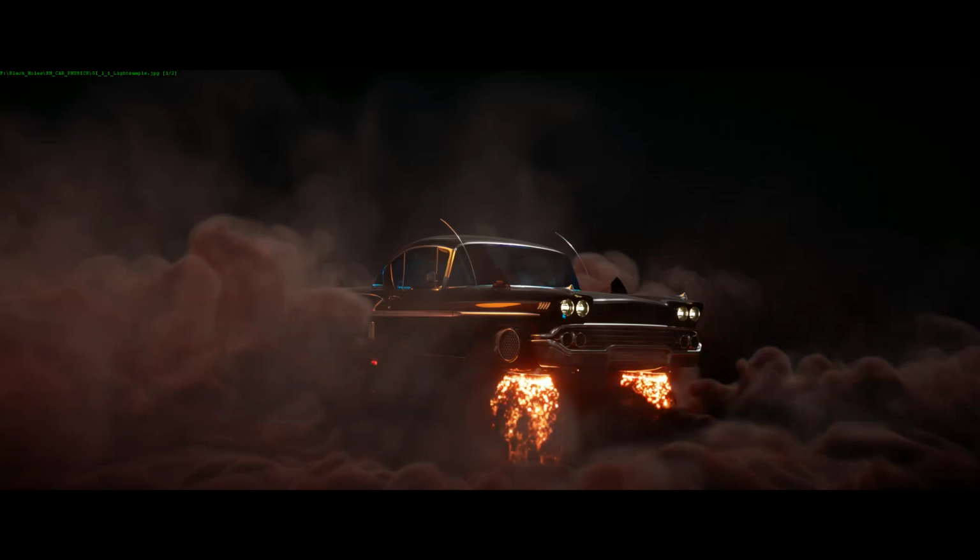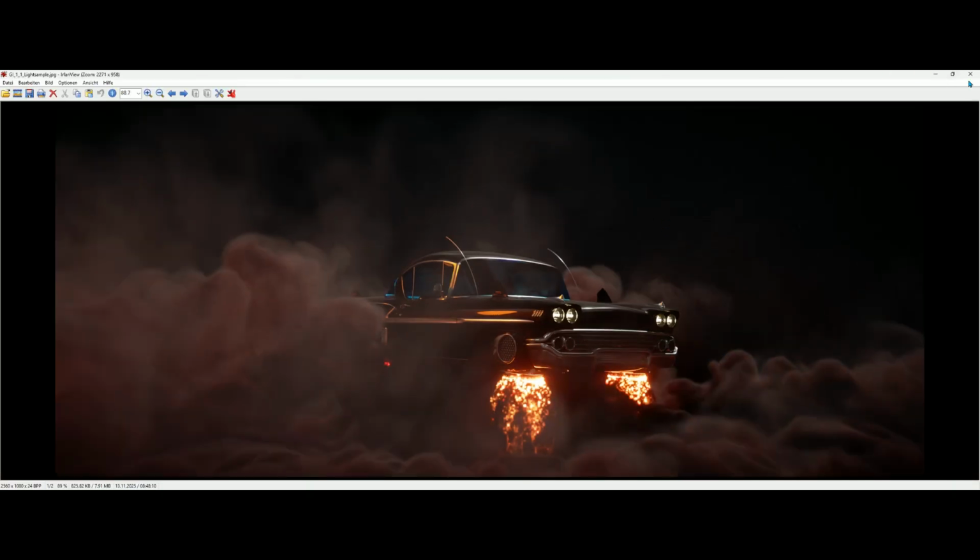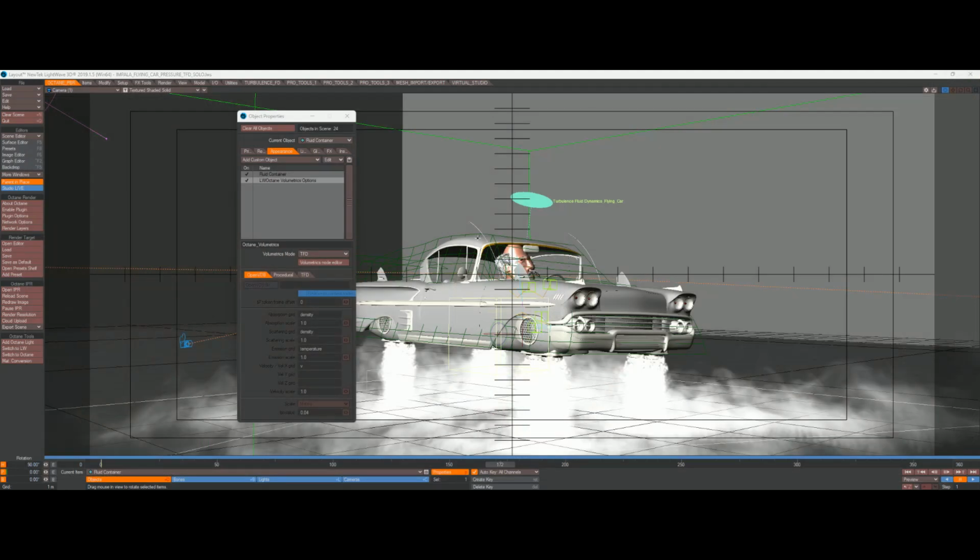Yeah, you see it directly, and now it's your decision what you do. So this means, for example, let us go into my old LightWave. I render this in Octane version 4. So that's the reason that you see here not LightWave